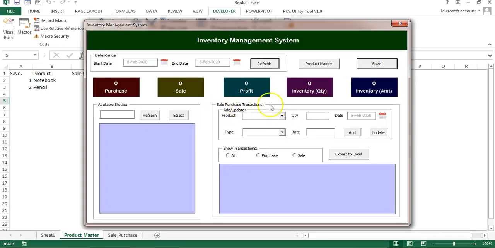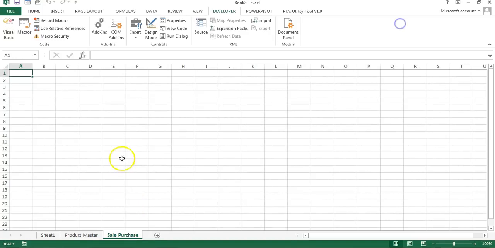So first we will start coding on sale purchase transactions. Once data is available there, then we can calculate the available stocks, and we can calculate other things also. Let's go to the sale purchase table first. This is our sale purchase table. So here first we will take the serial number or the ID column, then the product, then the transaction type, or you can take only type, which is sale or purchase. Then we will take the quantity, and then the rate or price, whatever you want to put. Then we will put the amount, and after that I would like to calculate my profit.